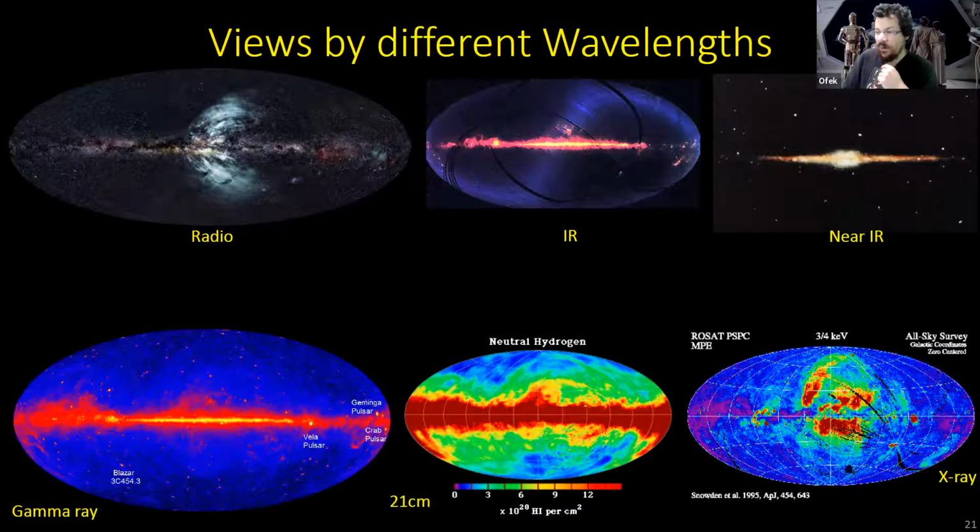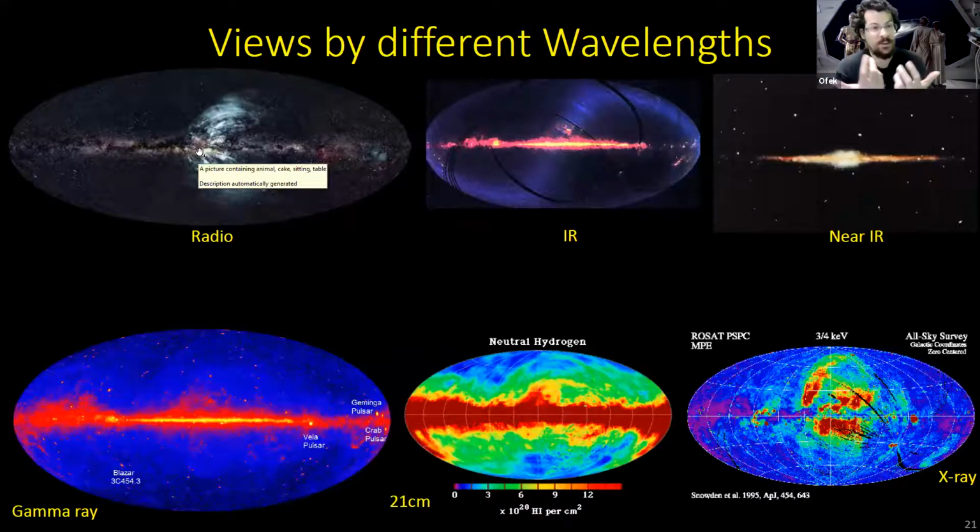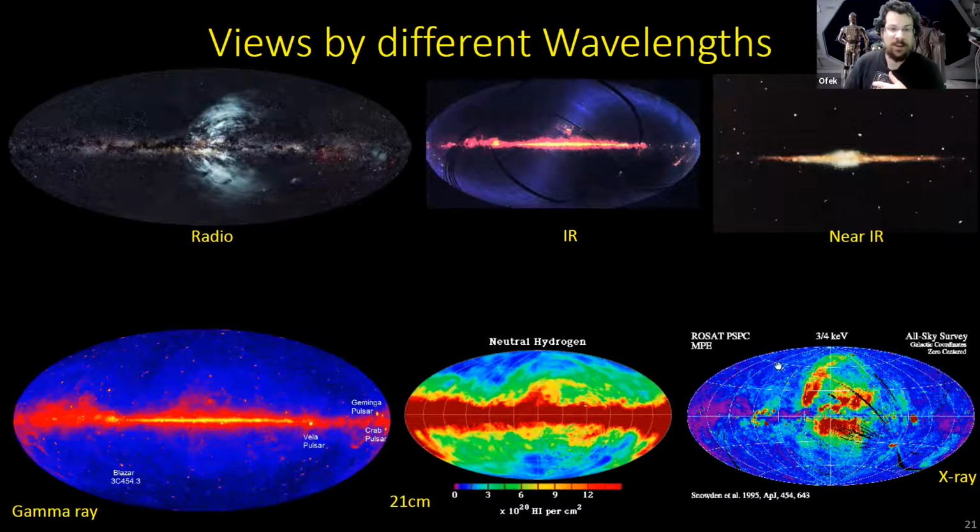In X-rays also you see exceptional regions off the plane where there are very strong X-ray sources. You can also see both in radio and in X-ray, these features coming out of the center of the galaxy, basically out of the central black hole. And the region of the central black hole with its accretion is a very, very strong source of both X-ray and radio emissions coming out of the center of the galaxy. This is now already approaching the realm of high energy astrophysics with X-ray, gamma, radio, and other sources.